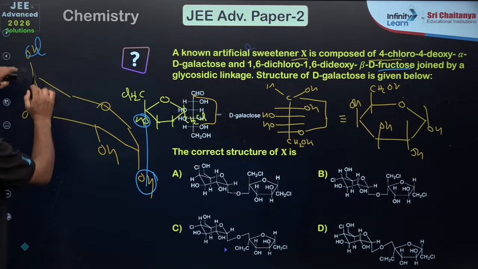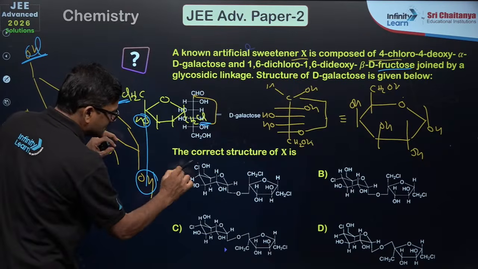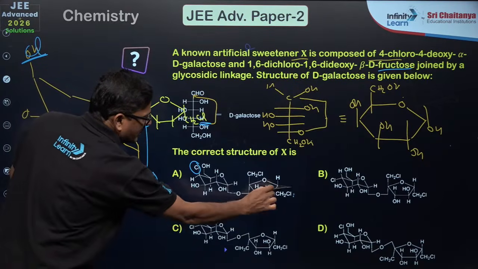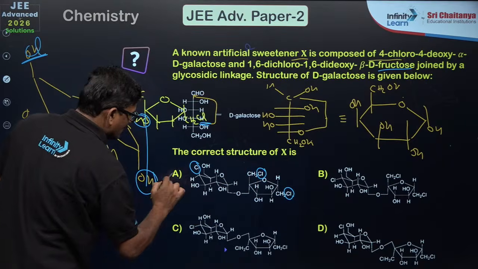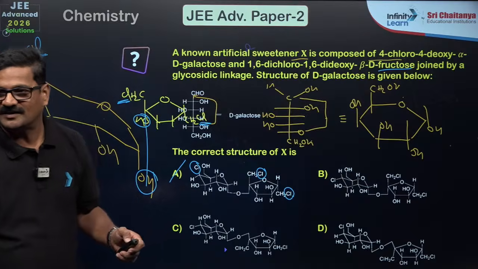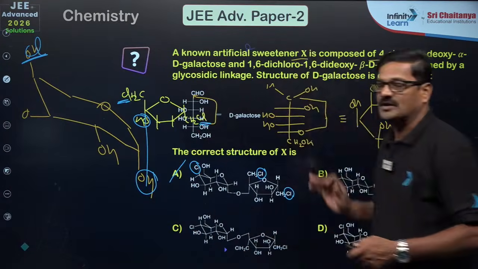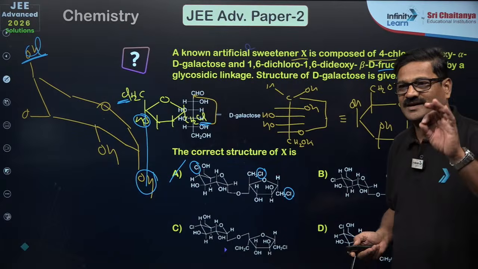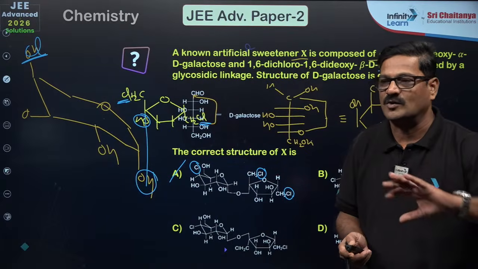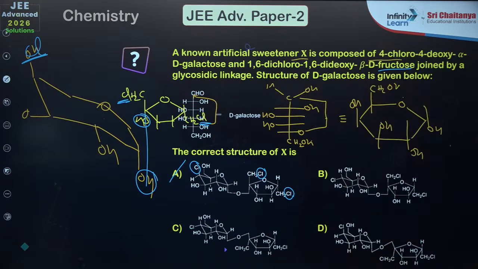So by looking at this chloro and dichloro, I can say a chloro here and a dichloro over here. So I would like to say the first option is the correct answer for this question. Making an open chain structure into a ring structure is going to be the key factor to understand what exactly the question is. And moving ahead,